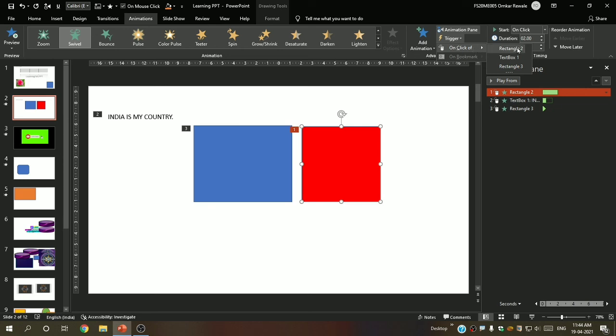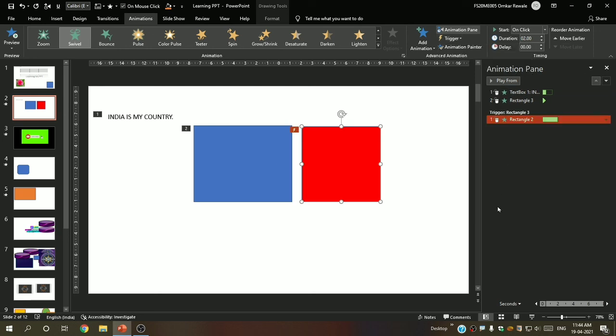After On Click Of you can see three options: rectangle 2, that is itself, or text box 1, that is when I click on the text box, or rectangle 3, that means this. For now I want rectangle 3, so I will select rectangle 3 and open the presentation.